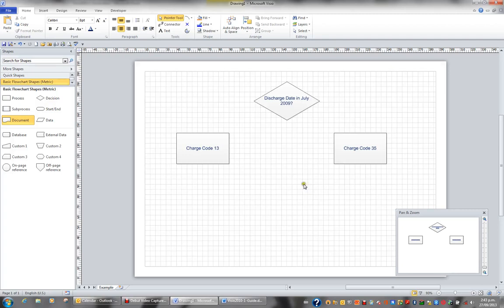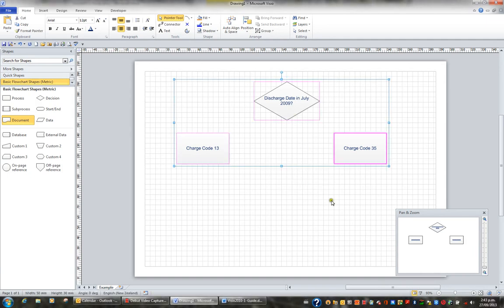We want to add text to a diagram that doesn't reside inside of a shape. This is often the case with a title, for example. What I'm going to do first of all is move my shapes down. So I'm going to press Ctrl A to select all. And then I'm going to use my mouse, or you could use your arrow keys on your keyboard to move